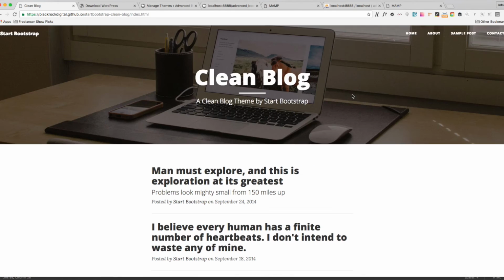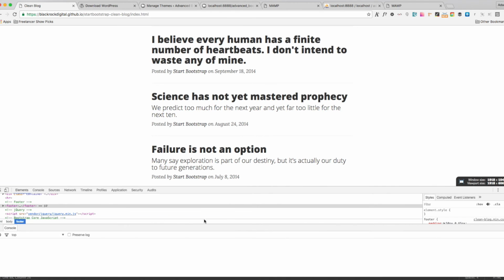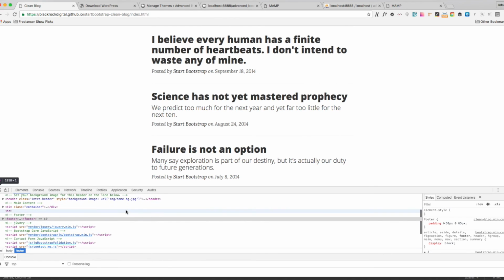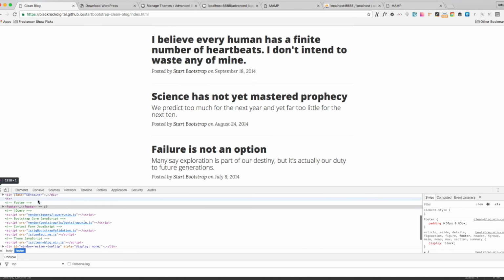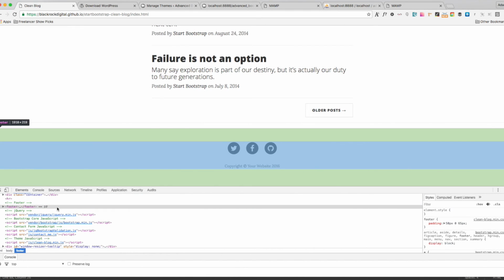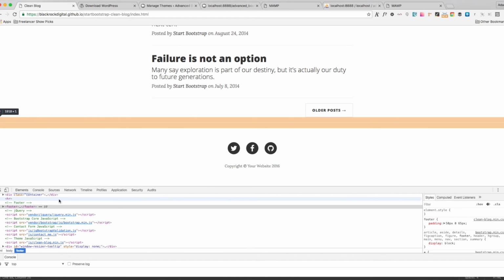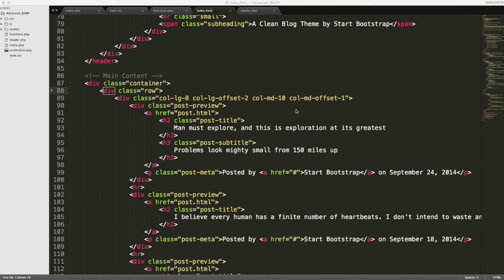So the best way to kind of go about that is to go ahead and just inspect the page. And here you can see, I'm just going to move the console down a bit. Here you can see the footer. So we'll scroll down just to make sure. Yep, that's our footer. And then all the way up to this HR tag is where I believe the footer should stop. So we will go back to our code and